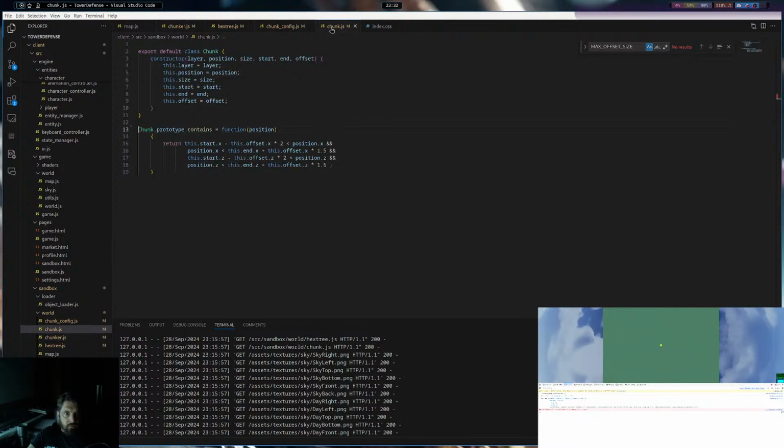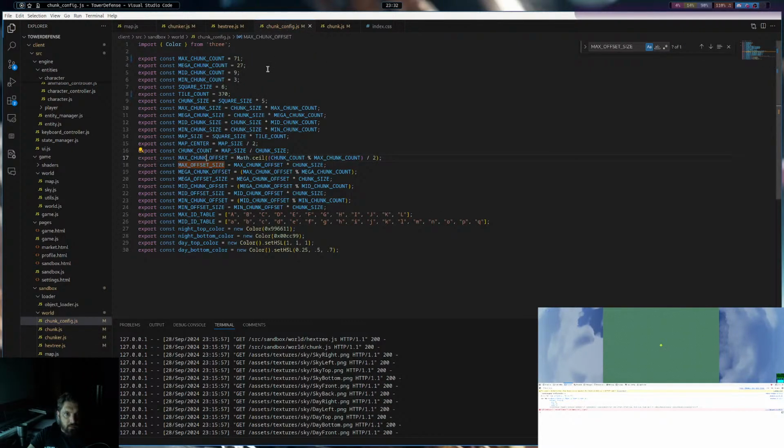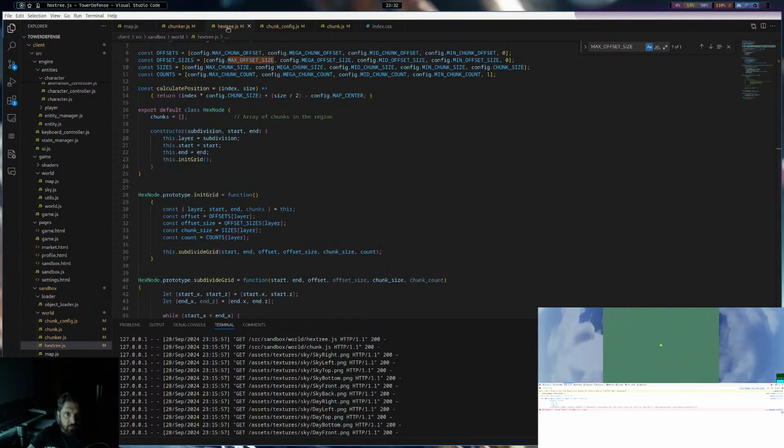Our chunk size is our square size times 5. Our chunk should be uniform. Our chunk is 30 squares. That seems about right.